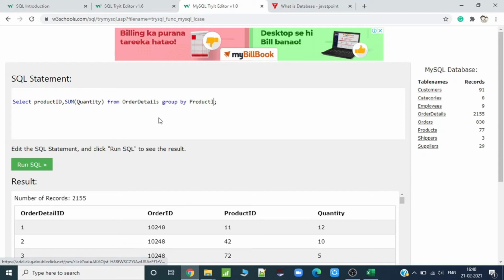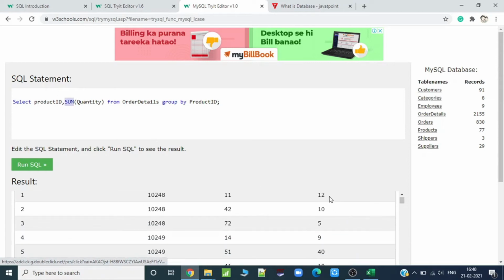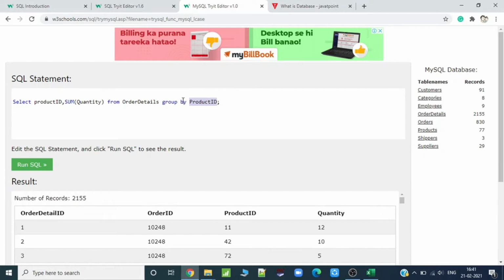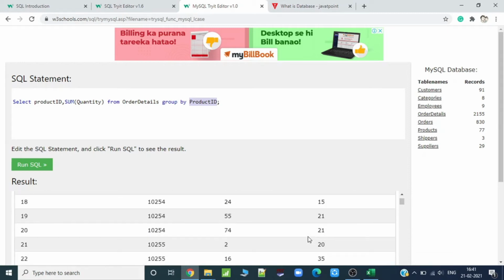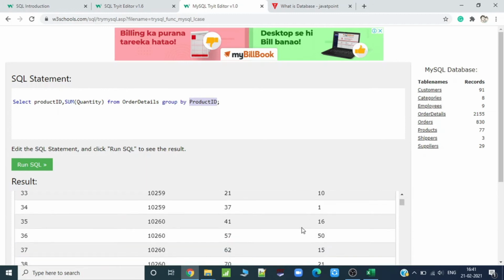What does this group by do? It has nothing to do with the product ID, but we are using sum. Sum actually does the sum on all the records. Now I want to do the sum on the product ID only, like individual product ID. So what I did, I made groups of all the product IDs. So one group of product ID 11 has all the records of product ID 11 only. Like 11 has quantity 12, again 11 has a different quantity, whatever the value is there.